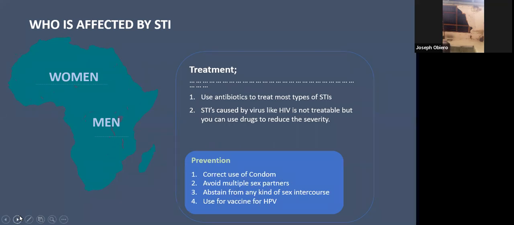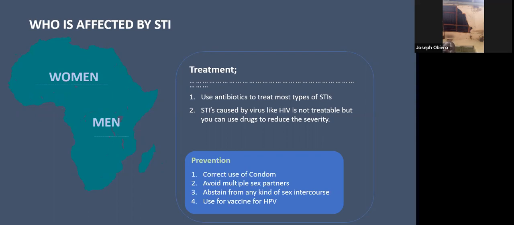So this is how we classify the symptoms, the STI or STD syndromes, namely: penile discharge, which we classify as urethritis; vaginal discharge, vaginitis or cervicitis; lower abdominal pain in women, pelvic inflammatory disease; sores of the male and female genitalia, called genital ulcer syndrome; abnormal growth on the genitalia or neighboring areas in both men and women, genital warts.